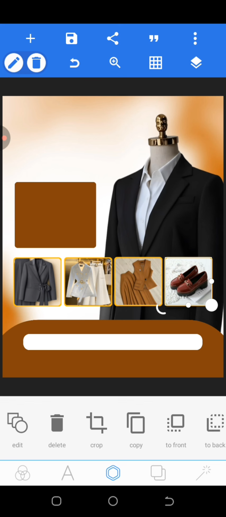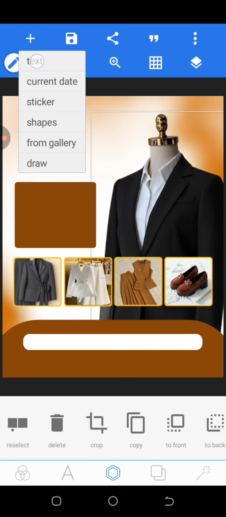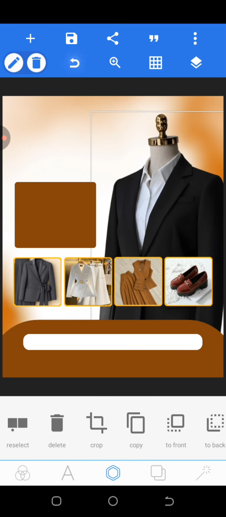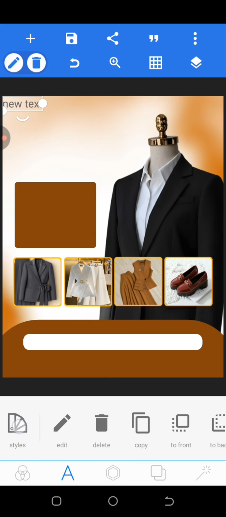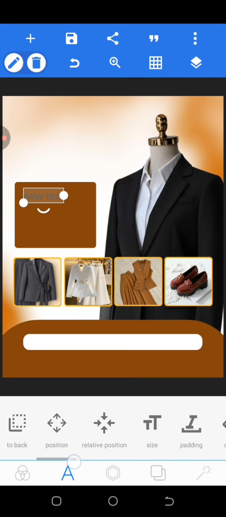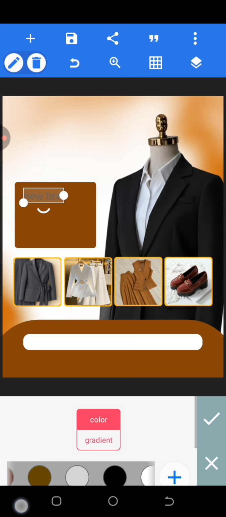So the next thing I'm going to do is to start with the text now. I've imported all the images I want to use, so I'm going to dive into text. Click here instead and click on text, or you come over to this A icon right here, click on text. Change the color to white